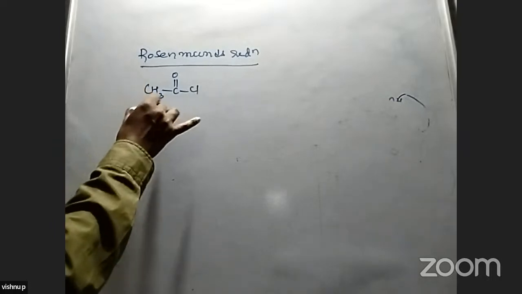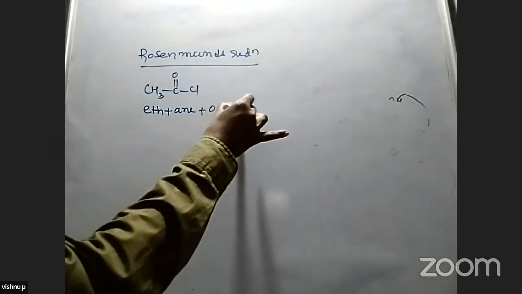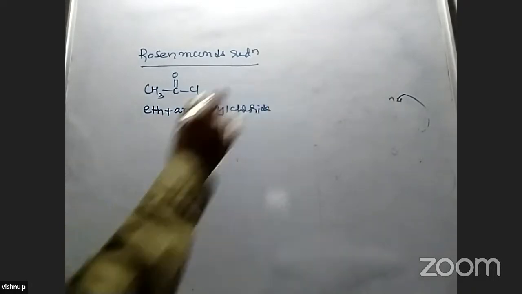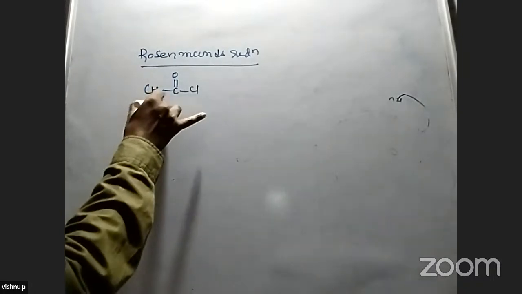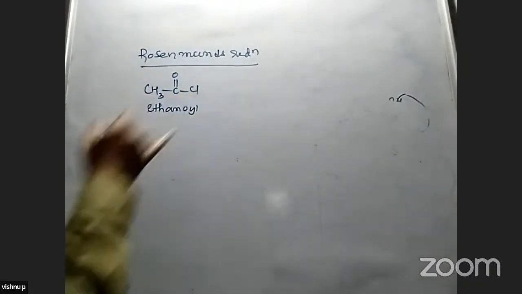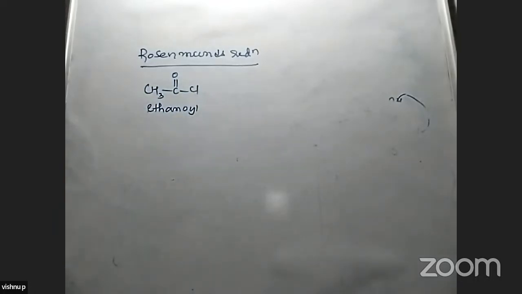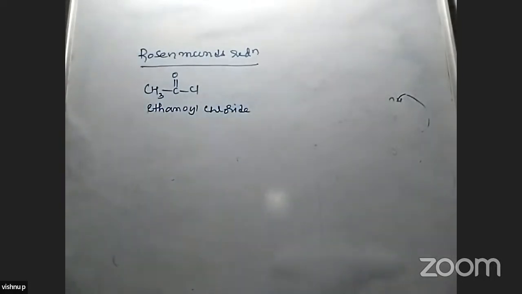Two carbons are present, so we write eth plus an plus oyl chloride, or we can write it as ethanoyl chloride. This is the IUPAC name, and the common name is acetyl chloride. Two carbons with a CO group, that is called the acyl group, or we can call it ethanoyl chloride. When it reacts with